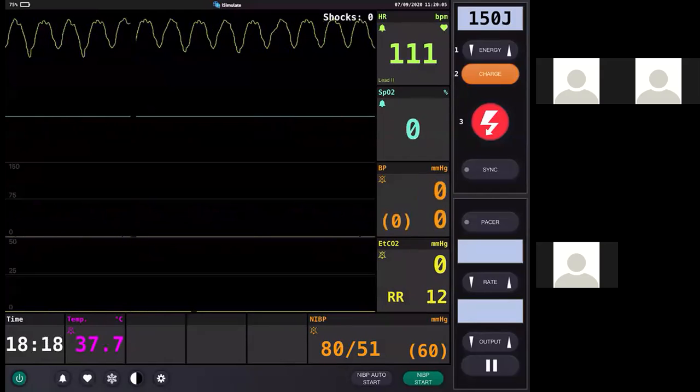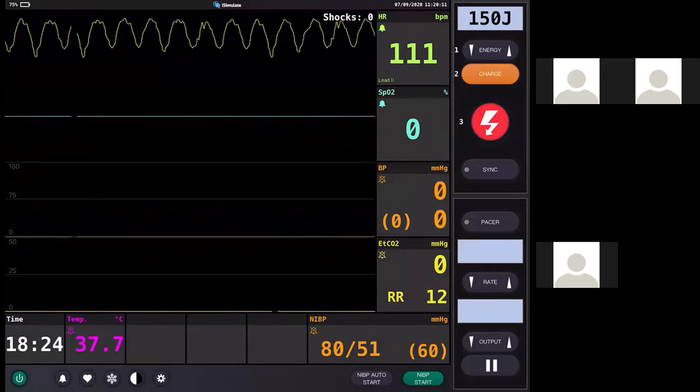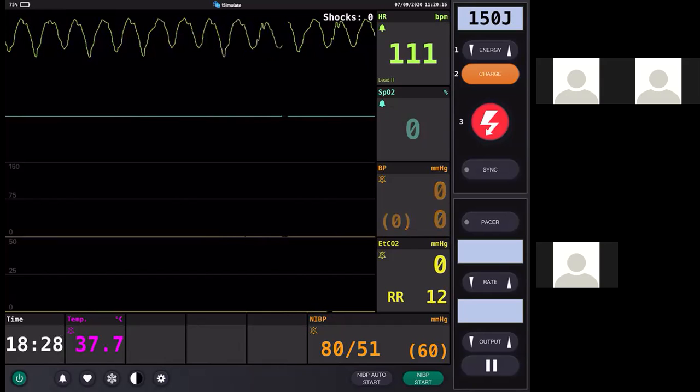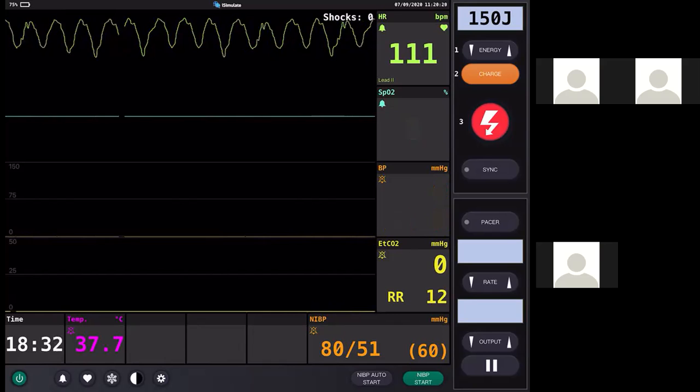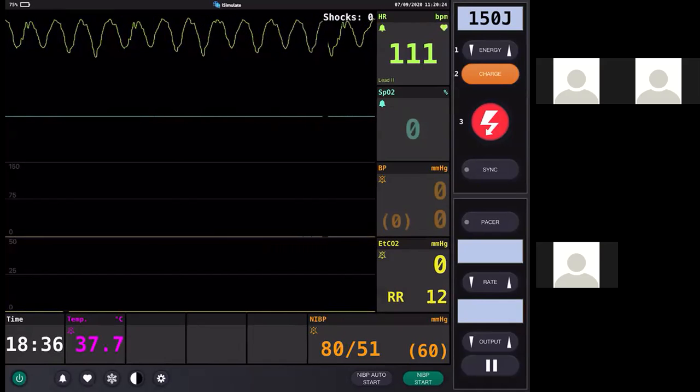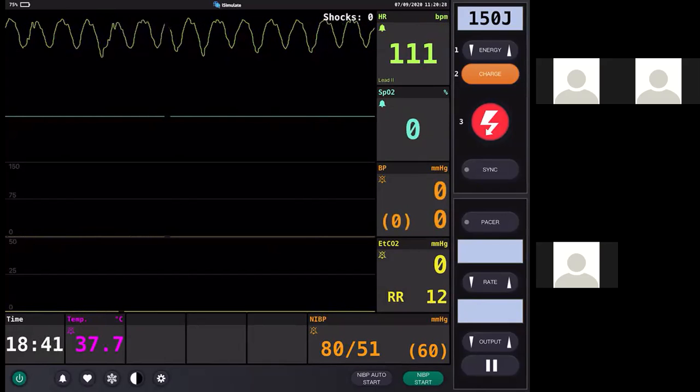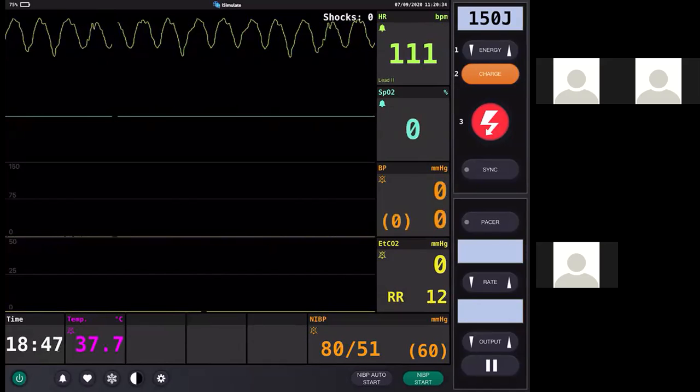And somebody will be doing bag mask ventilation. Please note in your PALS guideline the chest compression to ventilation ratio, if you are doing 2 provider CPR, with 2 people involved, one person will be doing chest compression at 110 to 120 per minute, which is what I'm simulating on this monitor. And the person doing the bag will bag